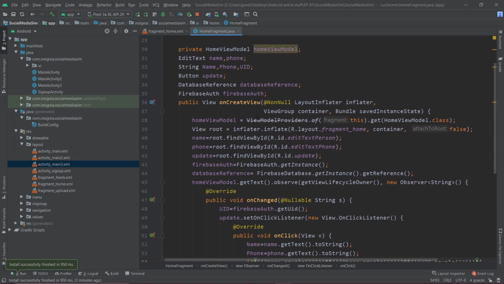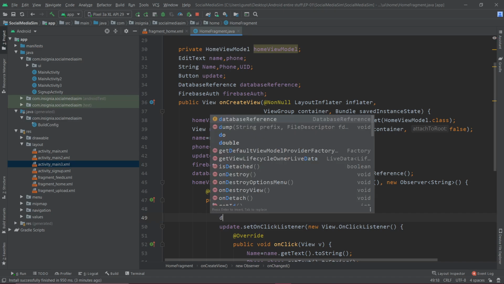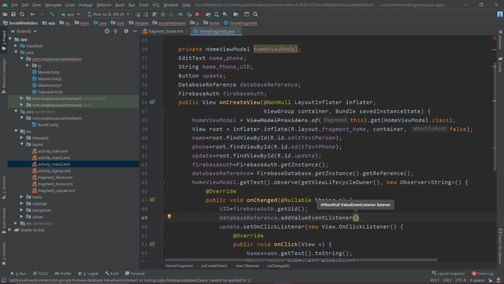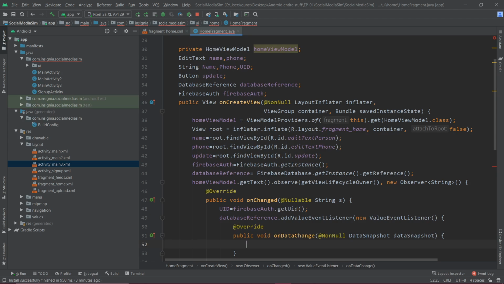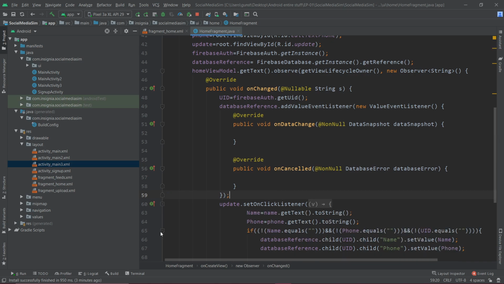we need the Firebase database reference. It is already there. We are talking about database reading, so we are going to use something like database reference dot value event listener. What this value event listener basically does is it checks into the values that are present as of now, and it is basically not null. So we're supposed to give a new value event listener, which will basically put up all the stuff. We'll just need a semicolon over there. Meanwhile, we'll just close up the update part.